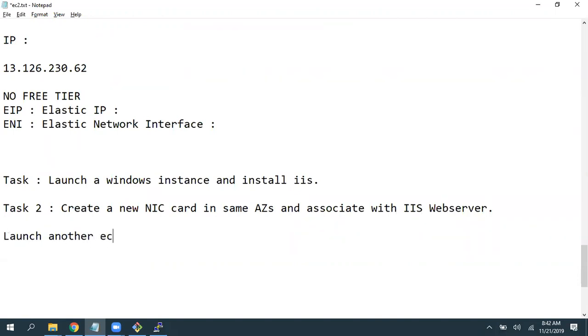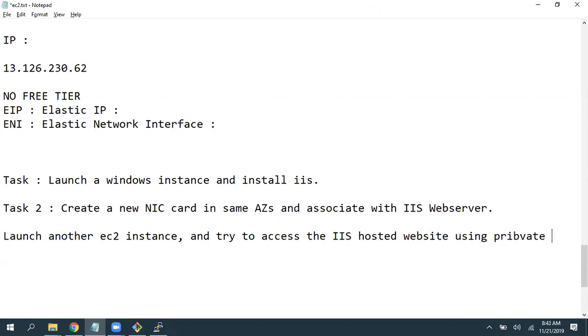Now launch another EC2 instance, pick Windows only, and try to access the IIS hosted website using the private IP address. This one will not work outside the AWS environment. Why?